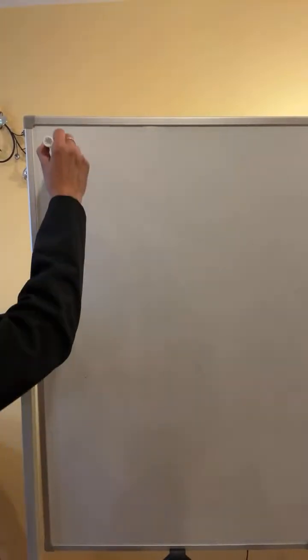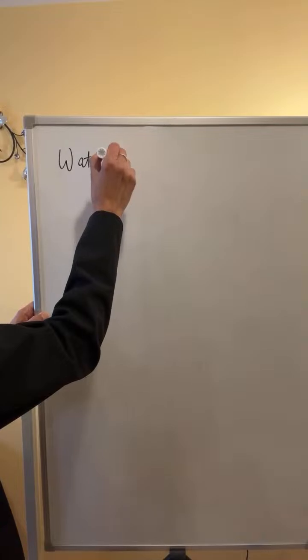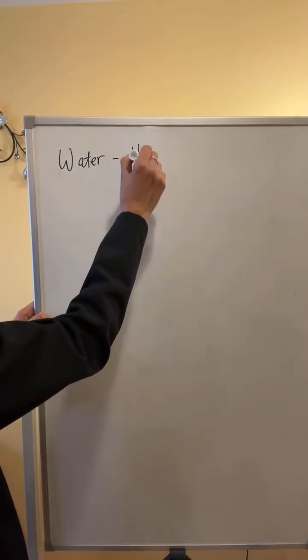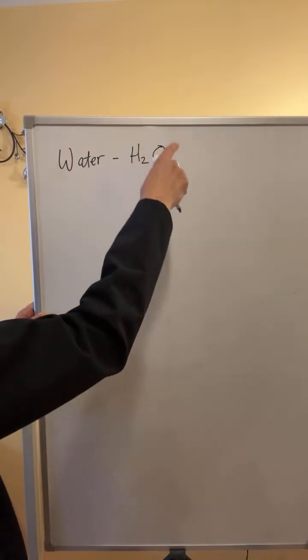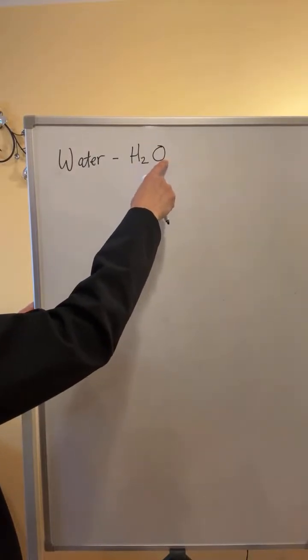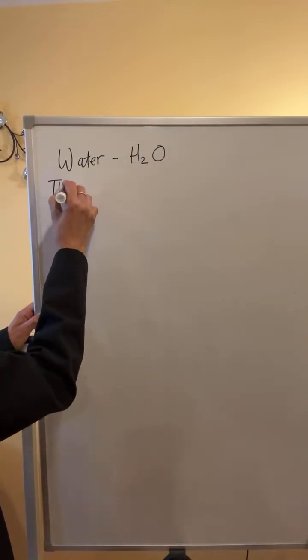Today I'm going to discuss the properties of water. As you know, the chemical formula of water is H2O, that is two atoms of hydrogen with one atom of oxygen. Now the three phases of water are